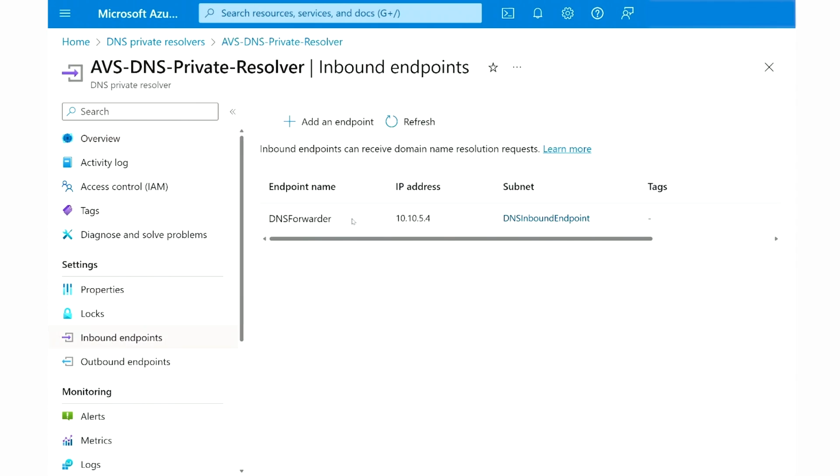I have an endpoint name here called DNS forwarder and an IP address 10.10.5.4. The importance of this is the location where I can send, as it describes on the top here, where name resolution requests can go. So this is the address I need to send to. In other words, this is the address I need to configure when I'm doing conditional forwarding from wherever my DNS might live that ultimately my AVS workloads are using. All right, so let's take a look at that real quick